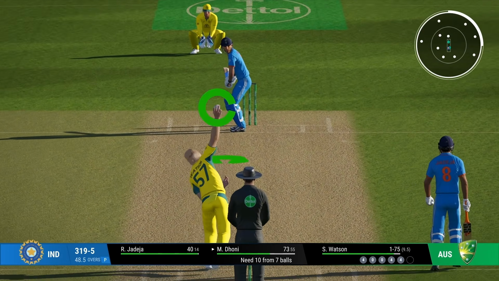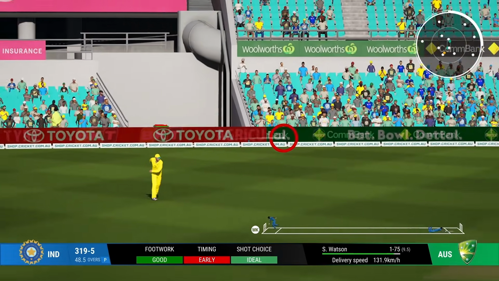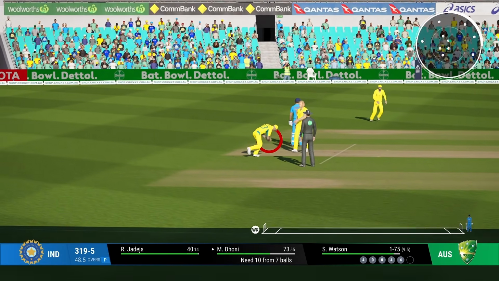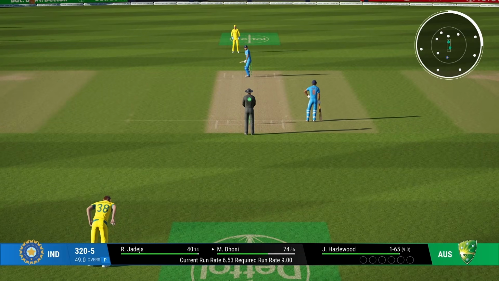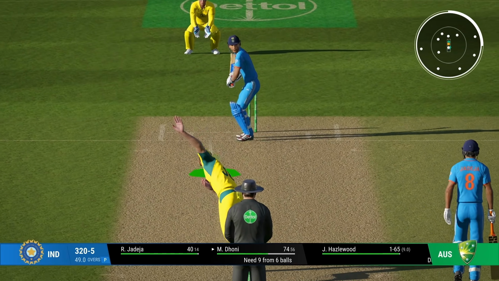Come on, bowl a full toss. He won't. That was a leg cutter. That was so slow. He'll get through for 1. We need 9 of the last over. 13 runs of this over. Jadeja and Dhoni have got it this close. We brought it deep. Now it's time to finish it off.